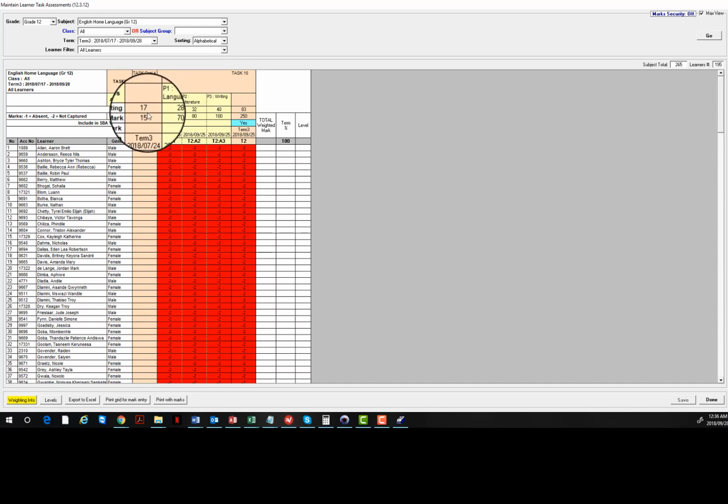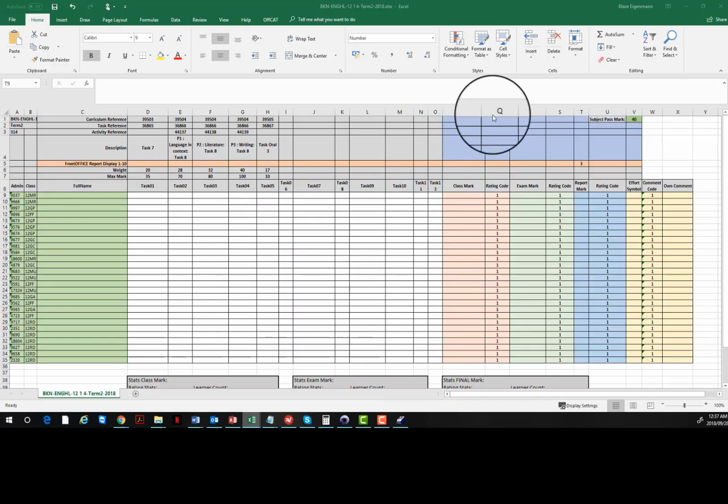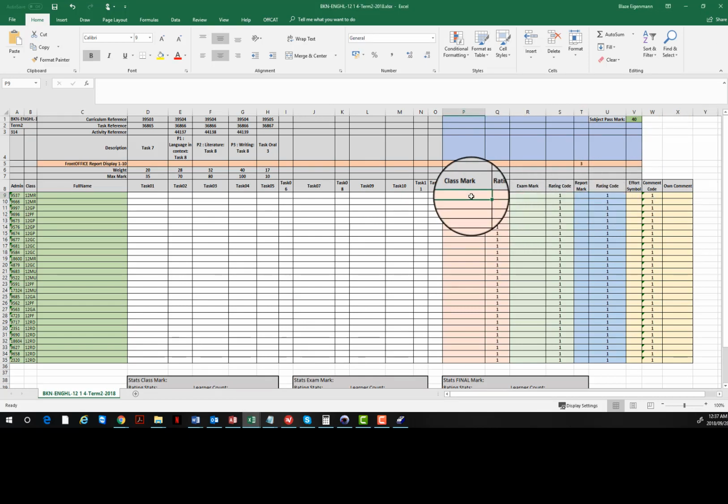So what was possible for you to do then, to come to a term 3 mark, is to push the classwork to term 3, or RD3 in FrontOFFICE. This is when I want to move away from talking about terms in FrontOFFICE, because it can be confusing. So what you do is you push a mark through to FrontOFFICE. This is just in theory, really. So what you want to do is you want to say, okay, I wanted to push a mark through to FrontOFFICE, a class mark, and that class mark was going to be weighted 83. So what you could do is push that class mark through to term 3,